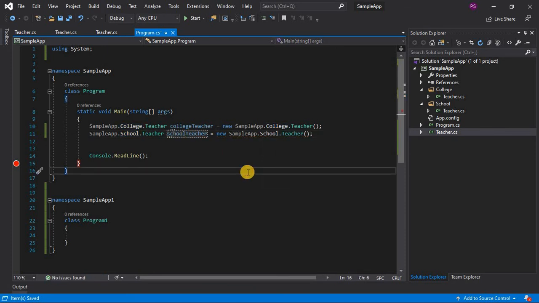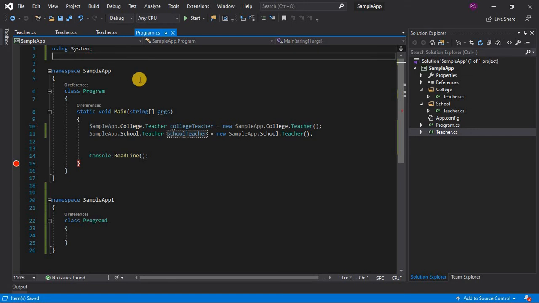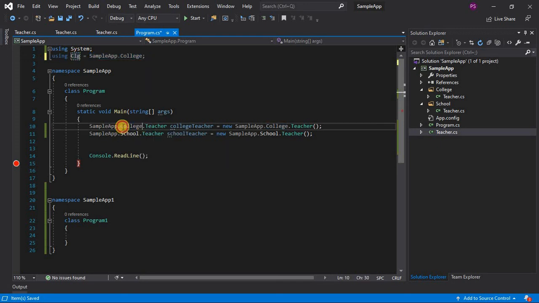But using the full namespace gives us a bit of ambiguity in our code. Since the namespace is short here, it is occupying less space, but if the namespace has some 5 to 10 words in it, then definitely it will occupy more space. In those cases we use an alias instead of the full namespace. We can do it with the help of an alias. Wherever I am using sampleapp.college, instead of it I can use CLG now. So let's see.